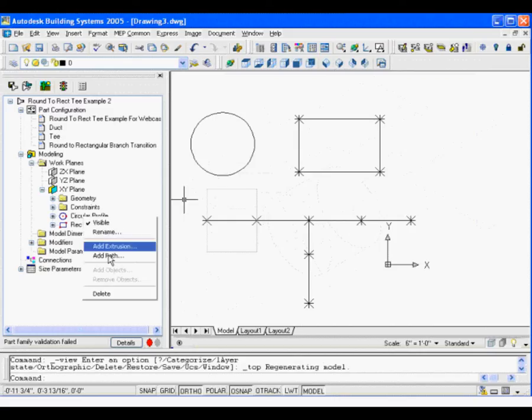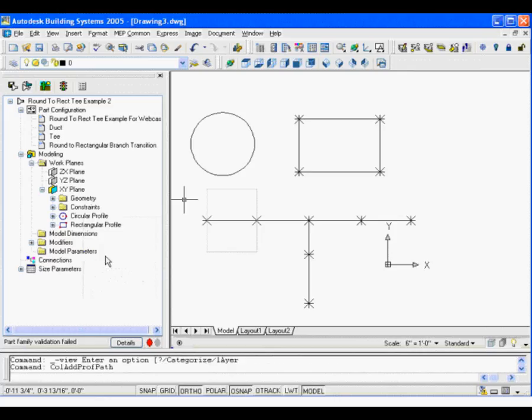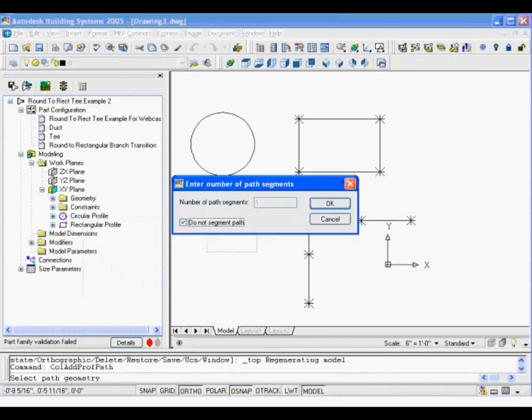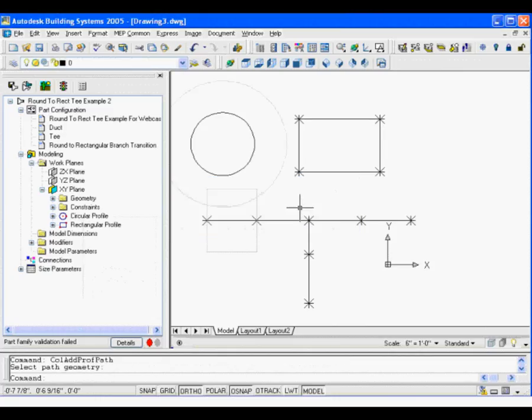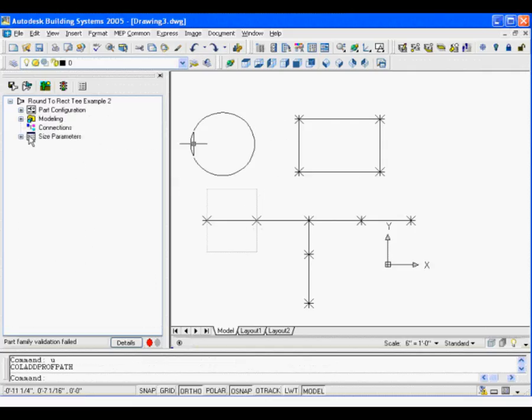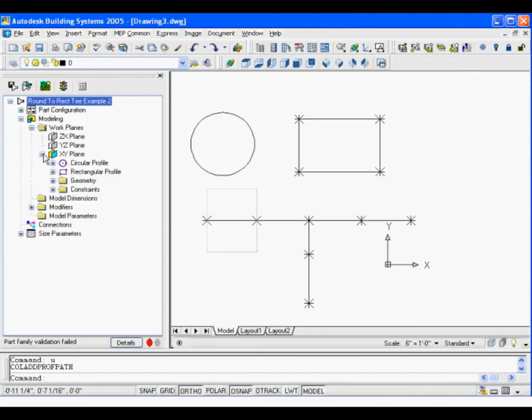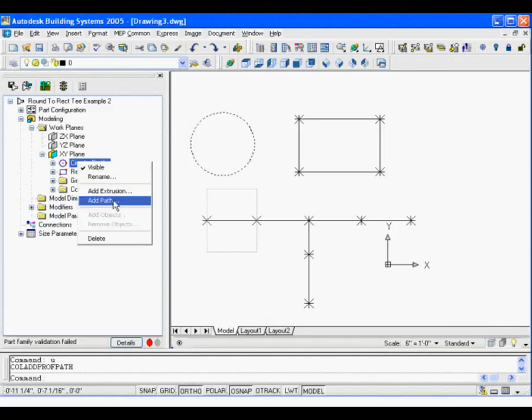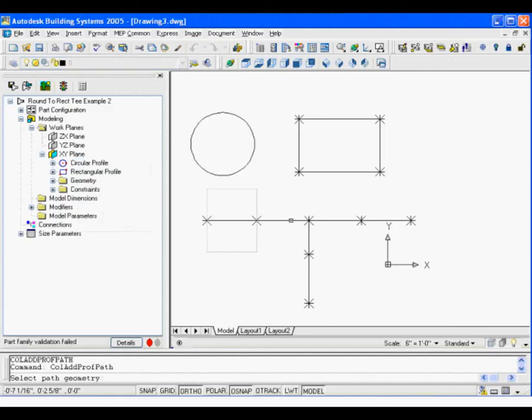and I do that by clicking on the circular profile, saying Add Path. So I want this geometry, and it's going to ask me how many path segments I want. Oops. Let me undo that piece. Not what I was looking for. Clicked on the wrong one. Go back here to our work planes, back underneath this one. I want to go to my circular profile. I want to say Add Path. The geometry that I want to pass this on